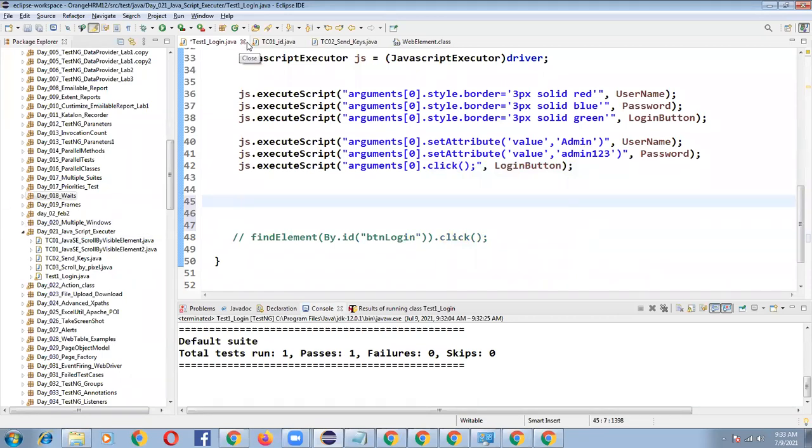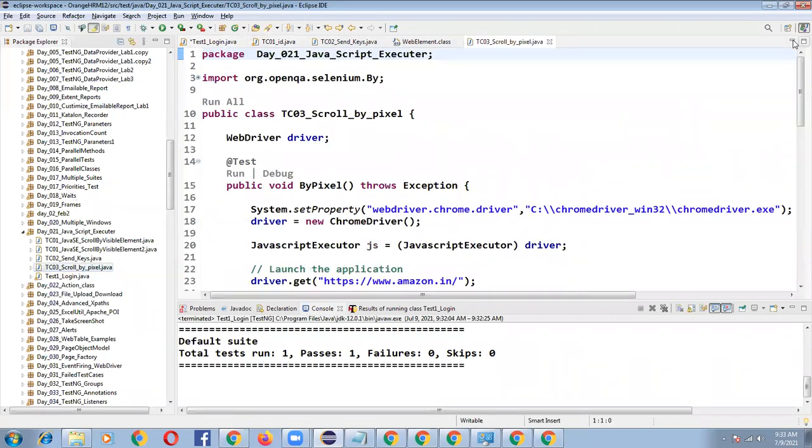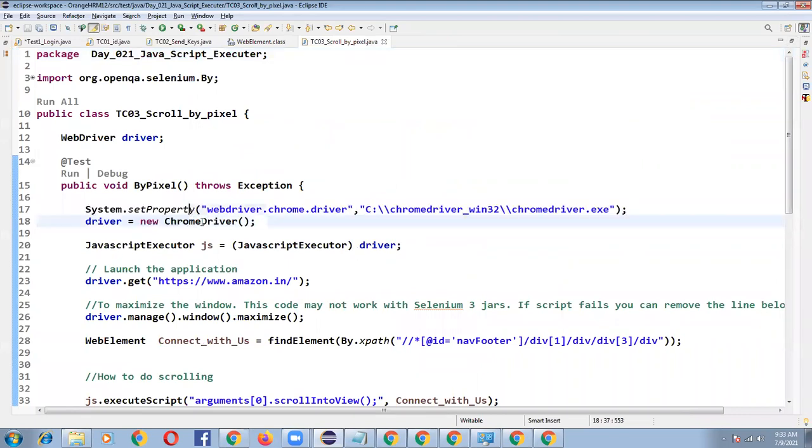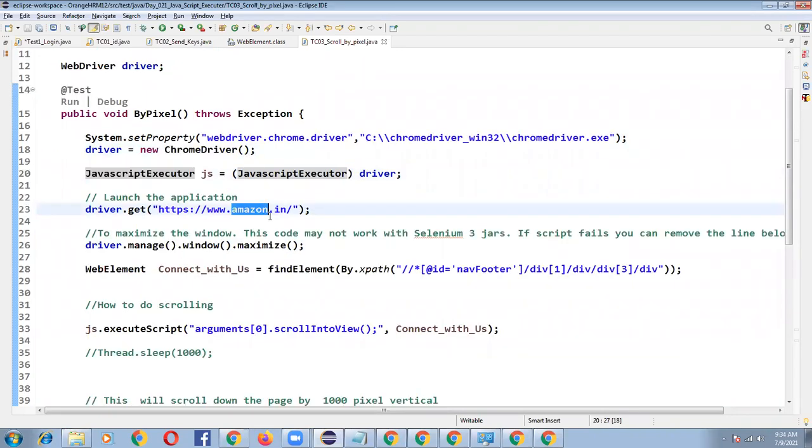Okay, one second. Before telling about that scrolling part, I'm going to open this part. I'm launching my browser. Driver is equal to new ChromeDriver, and I have created a JavaScript executor object, and I'm launching my Amazon application.